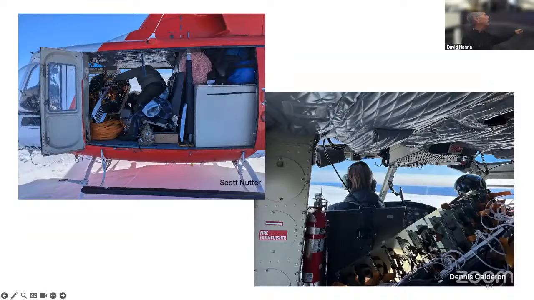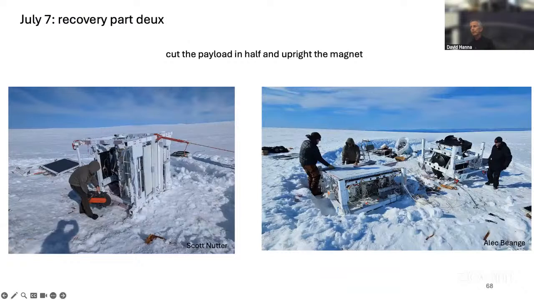And we piled as much as we could into the helicopter, flew home to Grise Fjord, and came back the next day. We wanted to get everything out in case the weather closed. But we got another beautiful day. It was really quite extraordinary. But what luck we had. And so we spent the next day